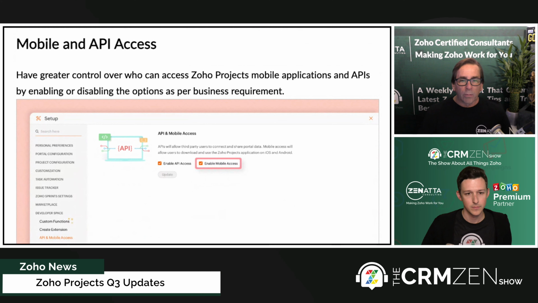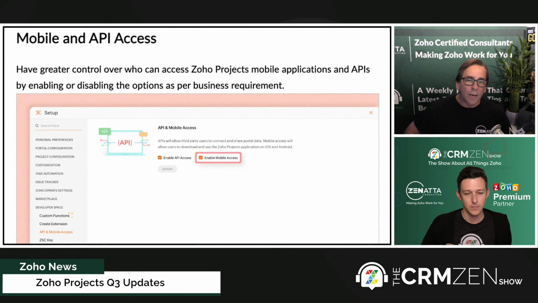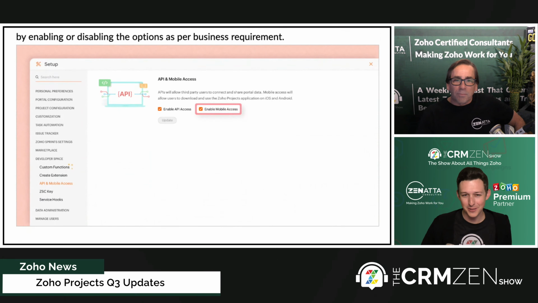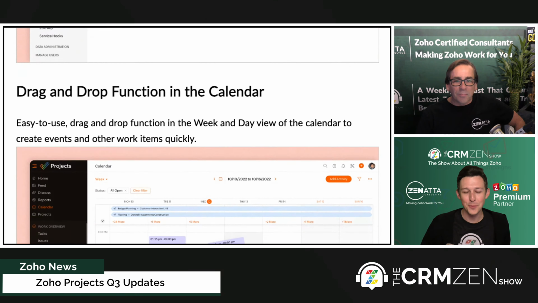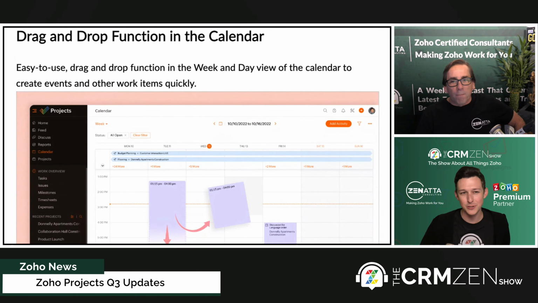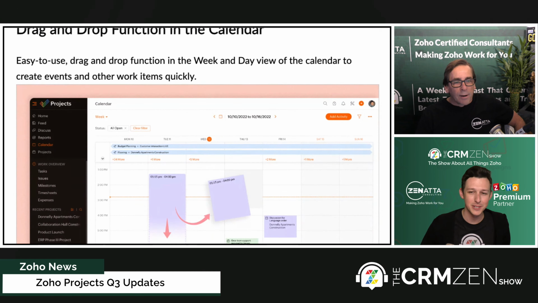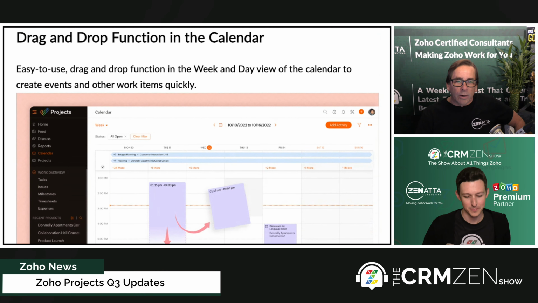More tightening up around mobile and API access. They've been making so many changes. There has got to be a large enterprise customer that needed this stuff, because it is just so random. But tightening API access makes plenty of sense. You don't want anybody to just have API access. Right, and maybe a month or so ago they rolled out the ability to enable or disable mobile access. It's really just kind of the same thing, but on your phone. Maybe if you want to control it by a location or something like that, and then you might want to disable that.